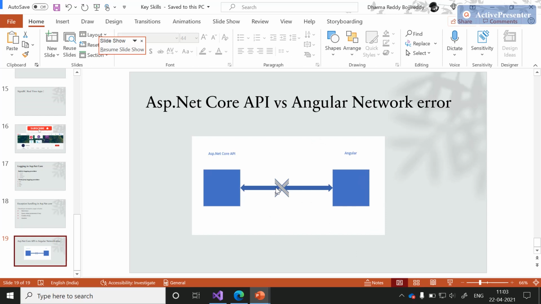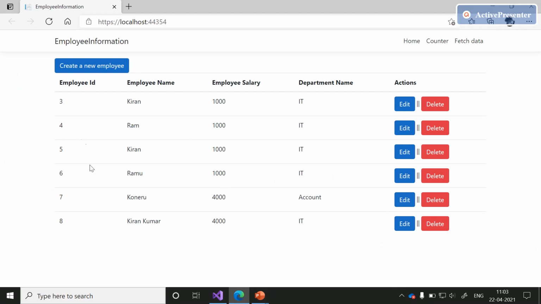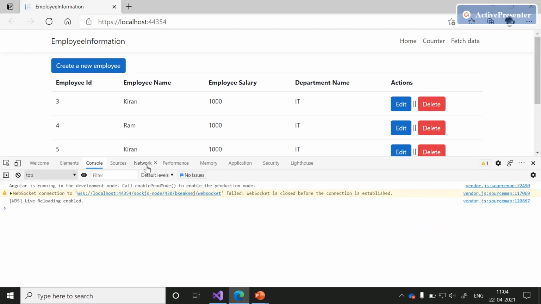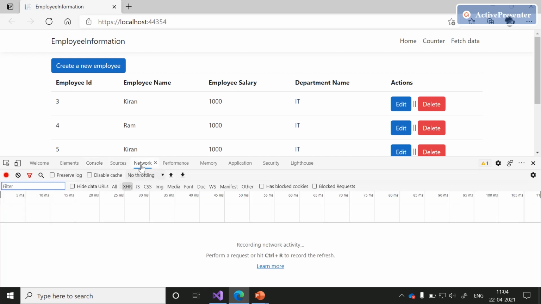First, we will see how to track these broken errors in the developer network tools. If you see, this is our employee information page. As part of this page, we are able to handle the employee information actions. If you press F12, then we can see a network tab which will help us track the network traffic.